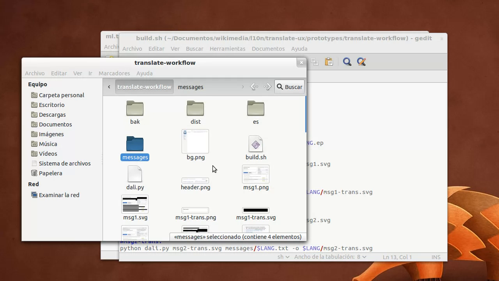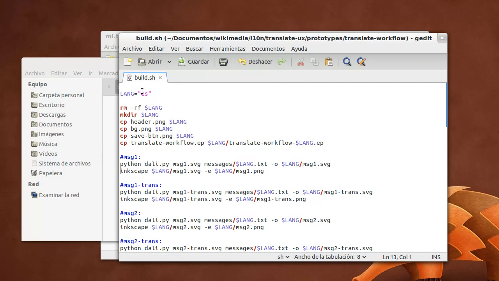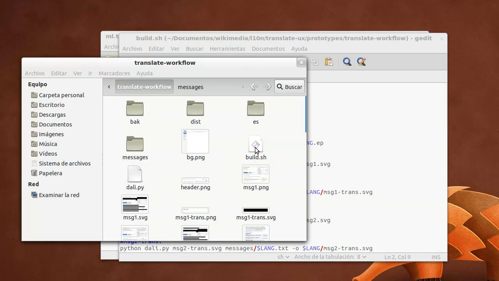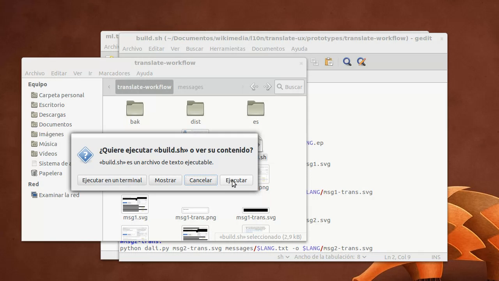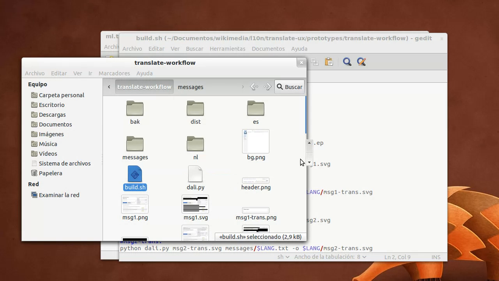Okay, and we can adapt this to generate the prototype for Dutch. So what I normally do, once everything is configured and the prototypes are adapted to use the placeholders, is just change this variable and then execute the build script, which creates a new folder,